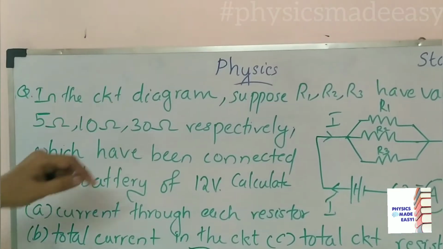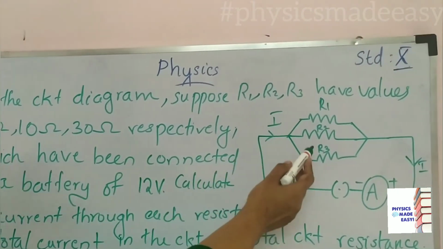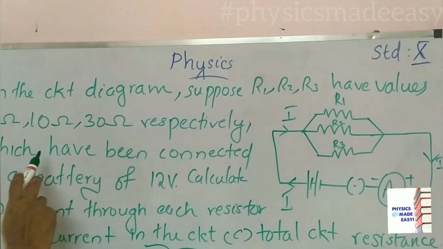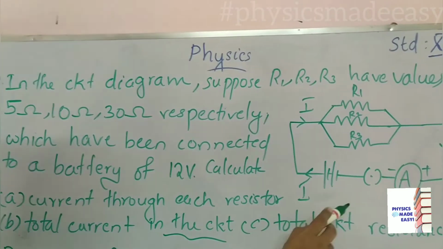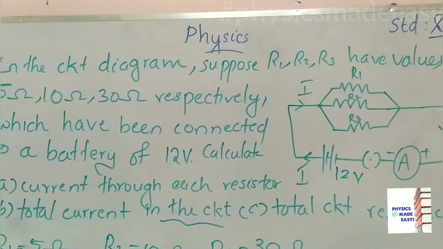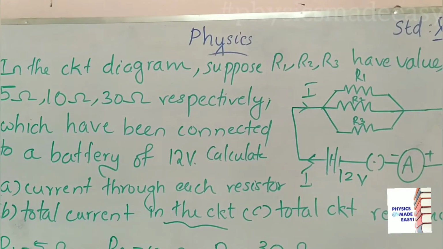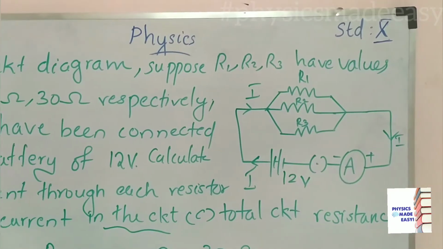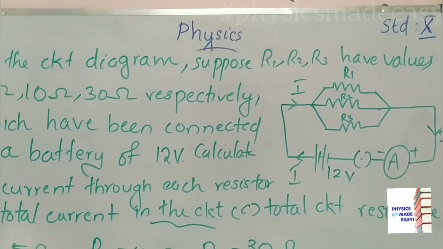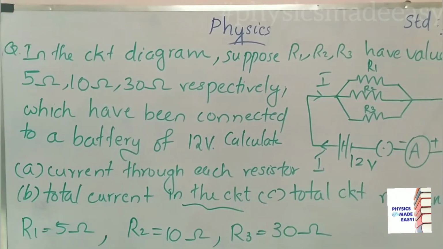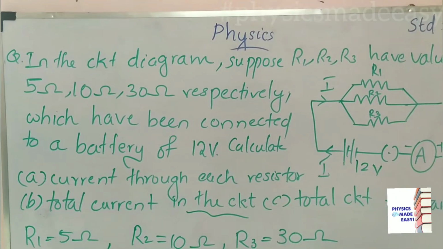In the circuit diagram, suppose R1, R2, R3 have values 5 ohm, 10 ohm, 30 ohm respectively, which have been connected to a battery of 12 volt. Calculate the current through each resistor, total current in the circuit and total circuit resistance. These three you have to find. So first, current through each resistor. How to find the current through each resistor? You know